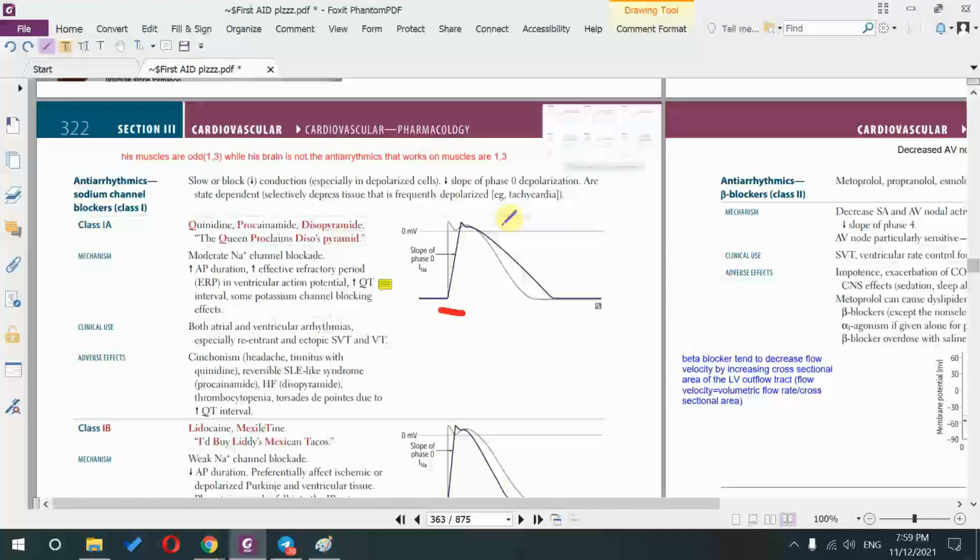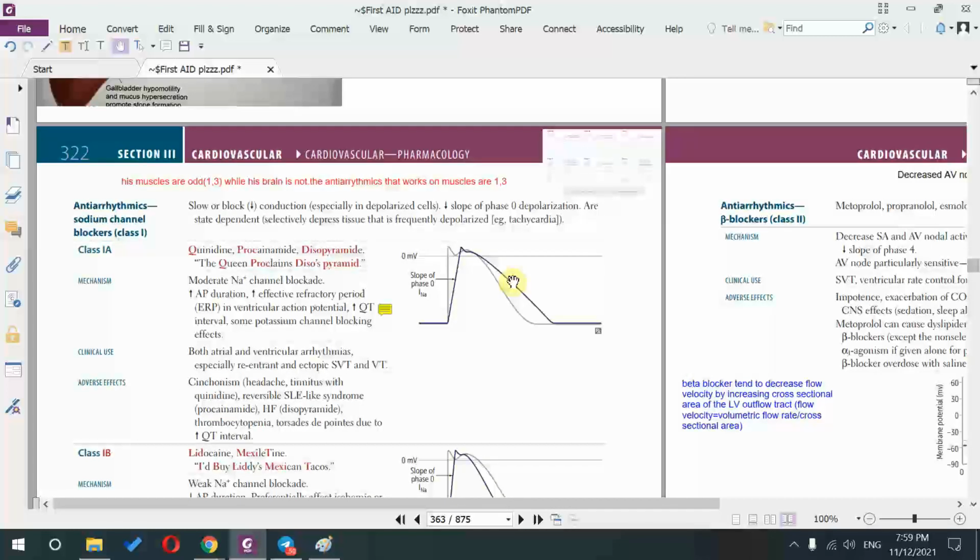So, take a look here, guys. First of all, you can see here the slope of phase 0 is kind of messed up. It's like this; it should not be like this. Also, you notice that the refractory period is much longer, which is actually good because it can prevent the ectopic foci from firing. If you remember when we spoke about QT prolongation and ectopic foci firing, the problem with this guy,